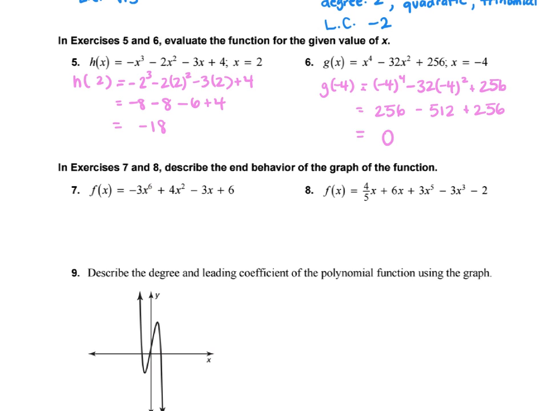The degree of the polynomial is the biggest exponent, so it's degree 6, which is an even power. And your leading coefficient is negative 3, which is obviously negative. So whenever I think of even degree polynomials, I always think about the parabola, okay? So I think of this as a parabola that opens down. So a parabola that opens down means that it's going to fall on the left and it's going to fall on the right. Again, you can write it in words. Falls left, falls right,